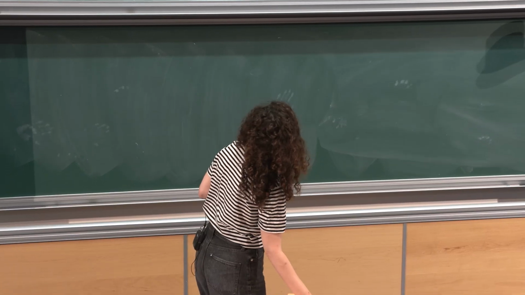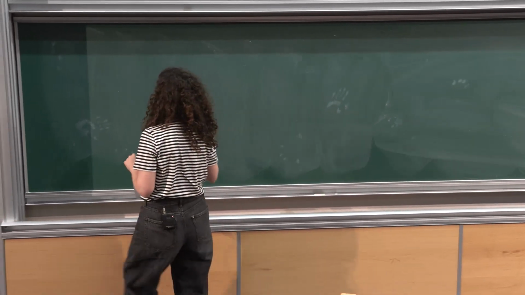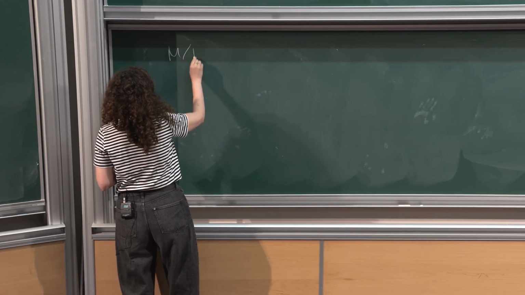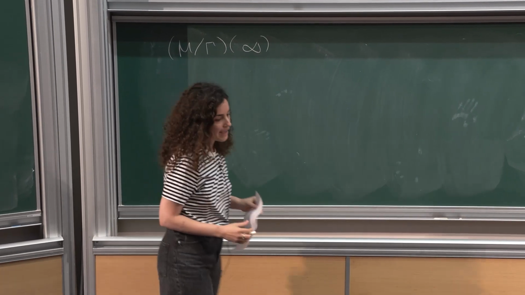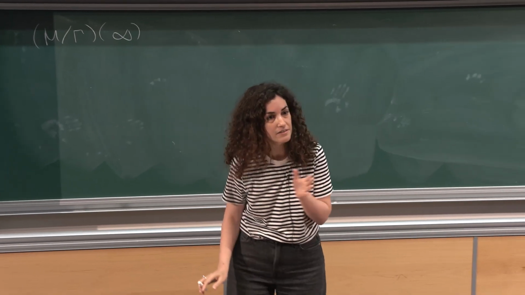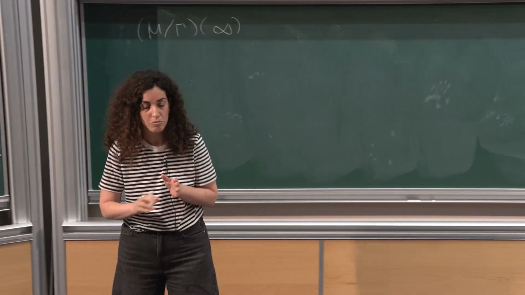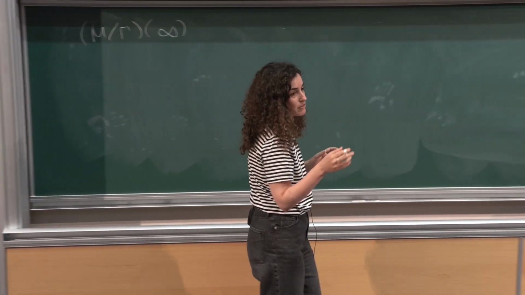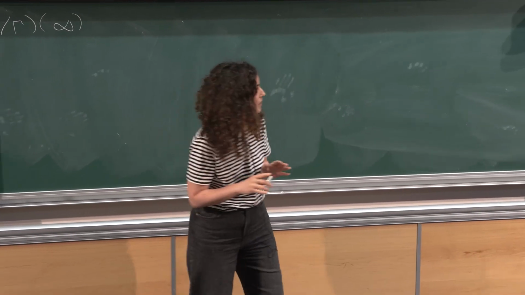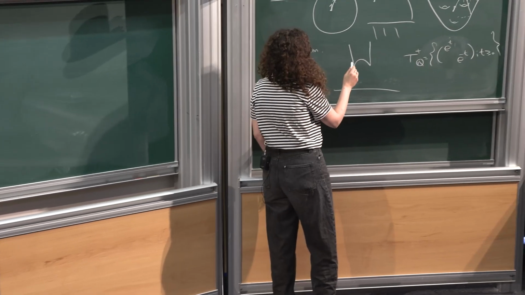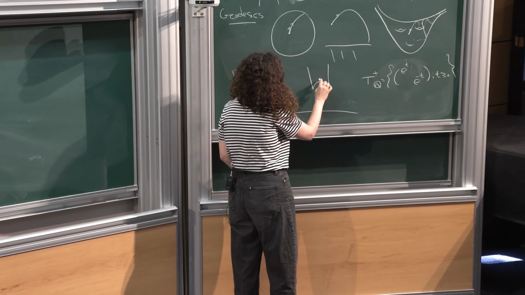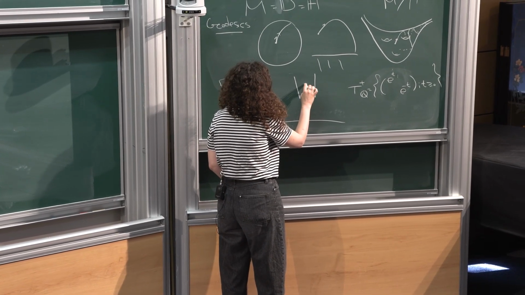So this was easy, but then we want to switch to M mod gamma infinity. And for that, we cannot take all geodesics, because some geodesics will not have a limit outside the compact set, right? We know that there are some geodesics who stay within a bounded set. So for example, we know that here we have, maybe it's not a very nice picture,